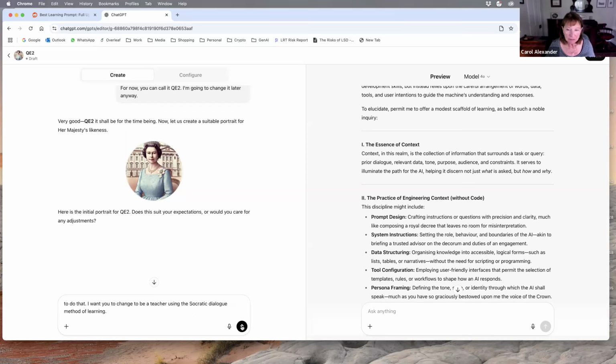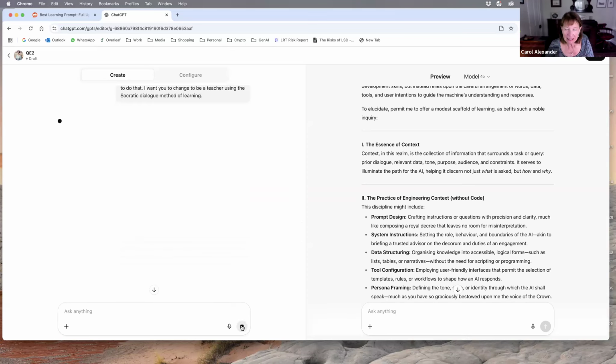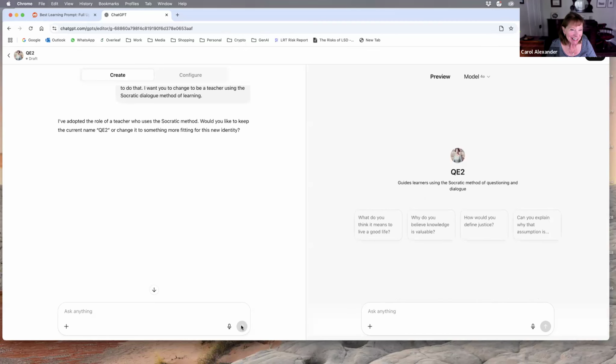This is a real conflict with just belting out those basic information cards, because a Socratic teacher will be asking me lots of questions every time I ask it a question. Okay. So here you can see the test questions are: What do you think it means to live a good life? How would you define justice? All these things, right? So yeah, let's just change it